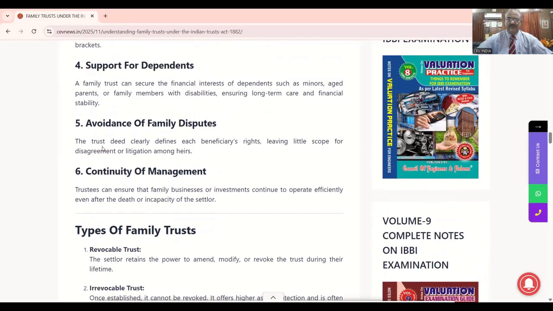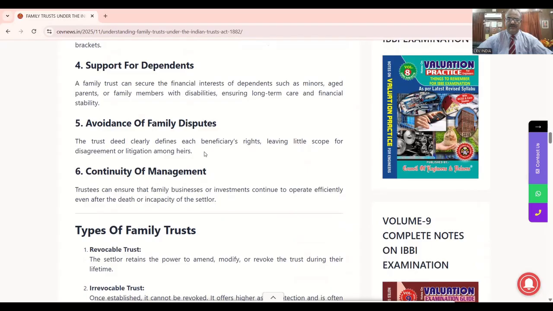Avoidance of family disputes. A trust deed clearly defines each beneficiary's rights, leaving little scope for disagreement or litigation among heirs. तो इन फ्यूचर कभी भी आपकी फैमिली के अंदर कोई डिस्प्यूट ना हो, उसके लिए अगर फैमिली ट्रस्ट क्रिएट किया जाता है, उसमें क्लियरली डिफाइंड होगा हर बेनिफिशियरीज के राइट्स. तो उसमें इन फ्यूचर कभी भी कोई डिस्प्यूट होने का कोई चांस नहीं होगा, और डिसएग्रीमेंट या लिटिगेशन इन फ्यूचर